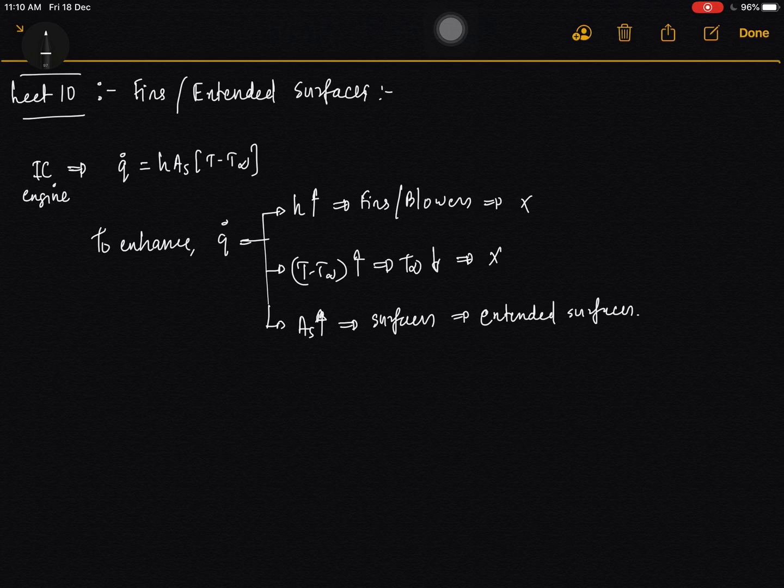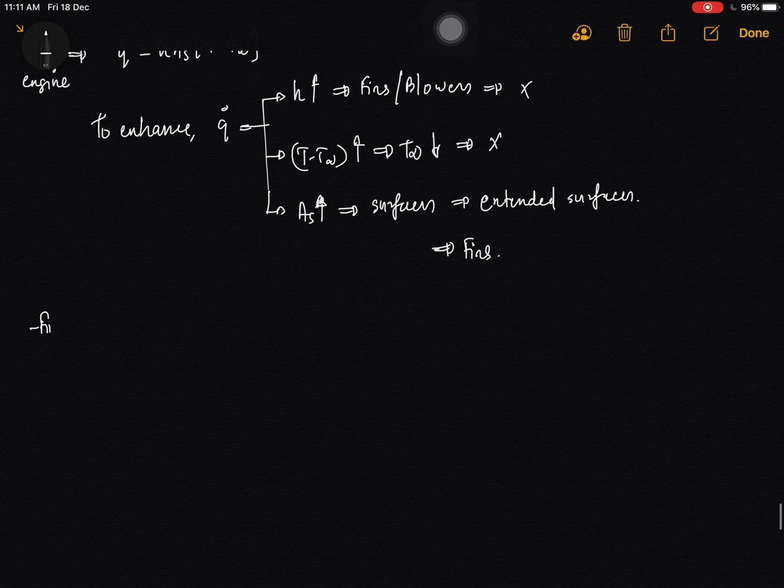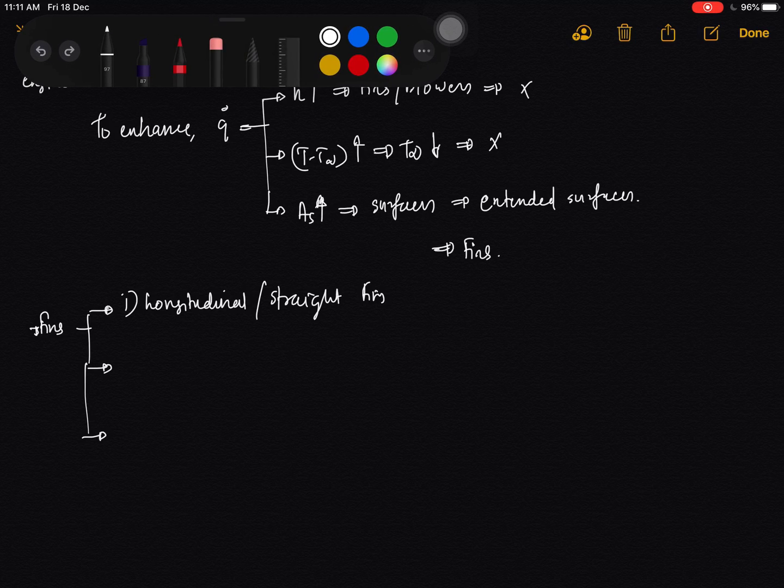These extended surfaces that are installed in order to increase the surface area, which will further enhance the heat transfer rate by convection, are called fins. These fins are classified into three types, and this classification is based on the geometry of the particular fin. So the first classification is longitudinal or straight